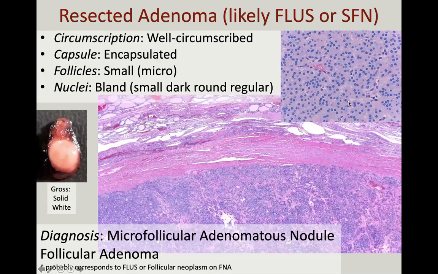FNA, these follicles are very small or so-called microfollicles, right? They're forming these little rosette-like structures. They do not have a lot of colloid, just tiny, tiny little colloid in the middle. But the nuclei are very small and bland and round and regular. Grossly, this might be the appearance of a solid white nodule. So this might be called a follicular adenoma or even a so-called